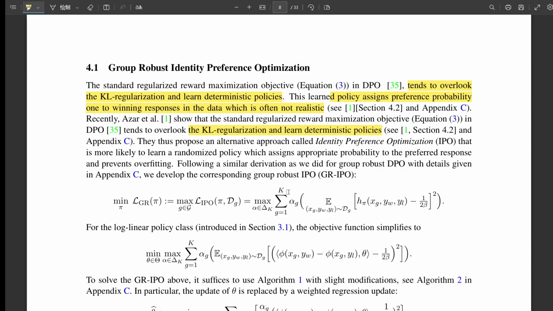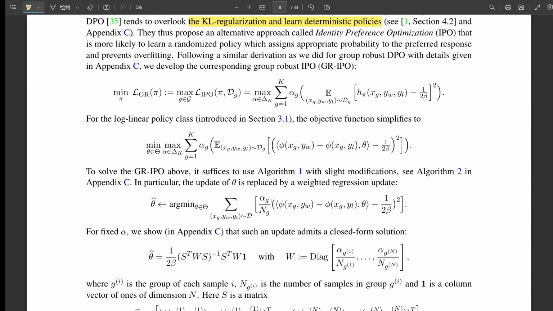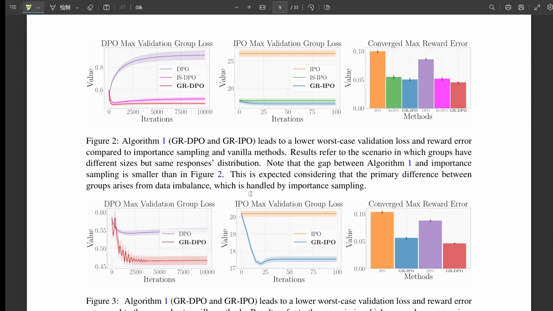GRPO is teaching us to be more empathetic and understanding, even as we develop AI. We need to shift from optimizing for a single objective to collaborating and creating AI systems that work for everyone, not just the majority. So moving away from that winner-take-all mentality towards a more cooperative and compassionate approach to AI. Exactly. But we've been talking about LLMs this whole time. Could GRPO apply to other types of...